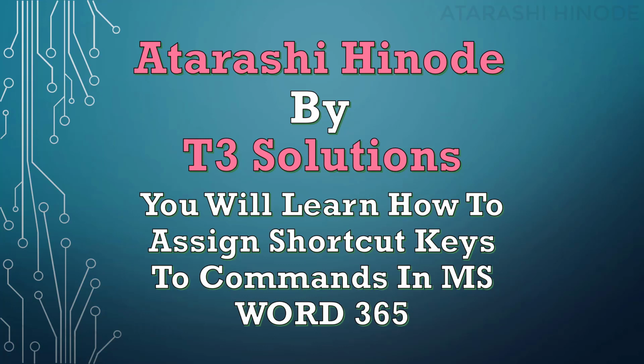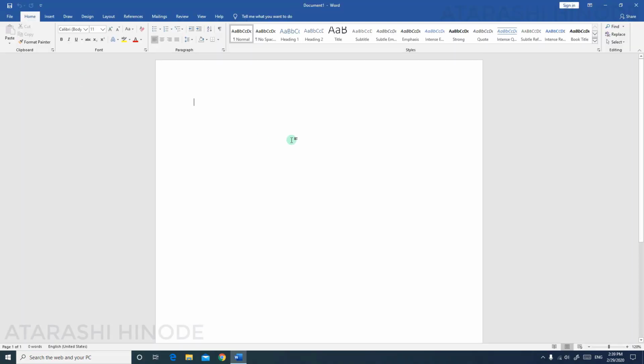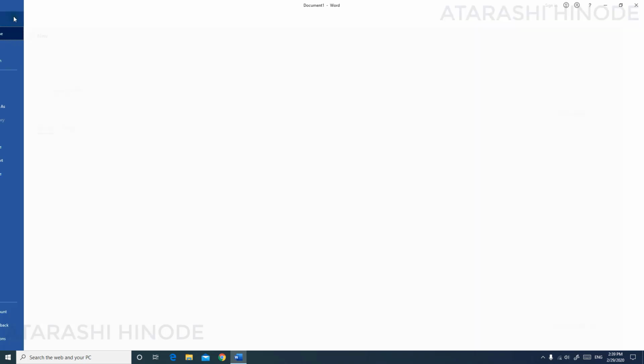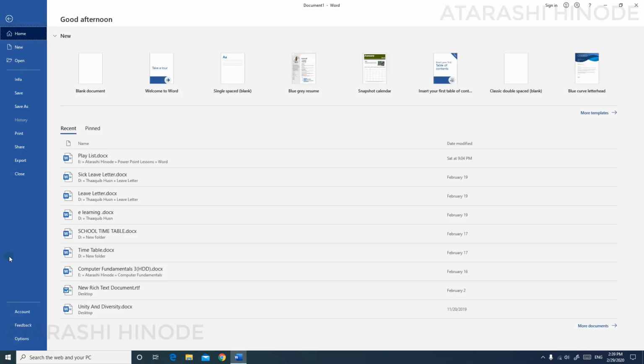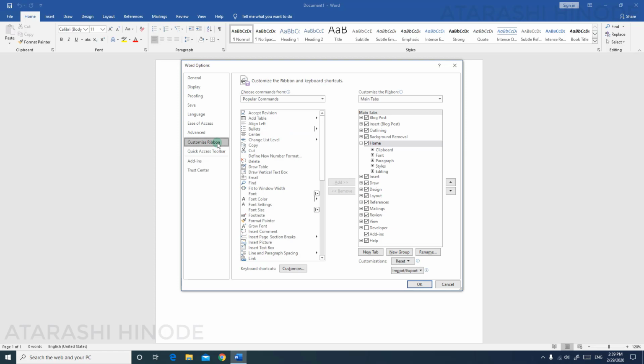In this tutorial, you will learn how to assign shortcut keys to commands in MS Word 365. Let's create a blank document, and here you need to go to File, and now we need to go to Options. Under the same tab where we went for customizing ribbon, we have to go to Customize Ribbon, and